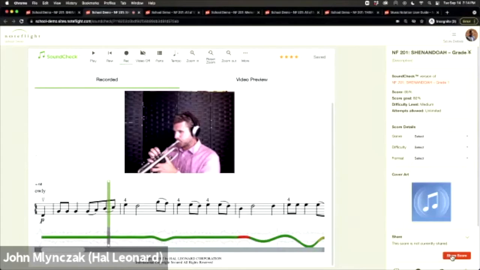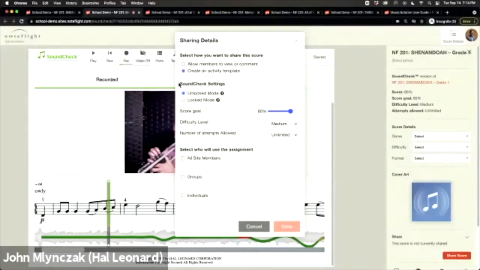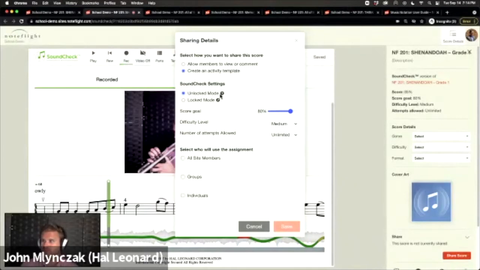Now I go and create that assignment. Notice here, this is where locked mode and unlocked mode comes in. Unlocked mode means students have access to change those settings: tempo, playback, recording, they can set that up. In locked mode, all the settings you just tinkered with are locked. Students cannot change this. So if you're using this for a true assessment and you do not want students to be able to hear it and learn it by rote,